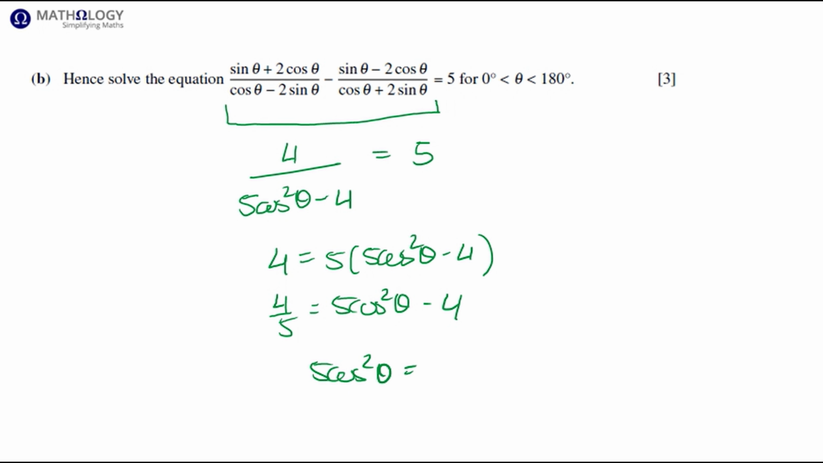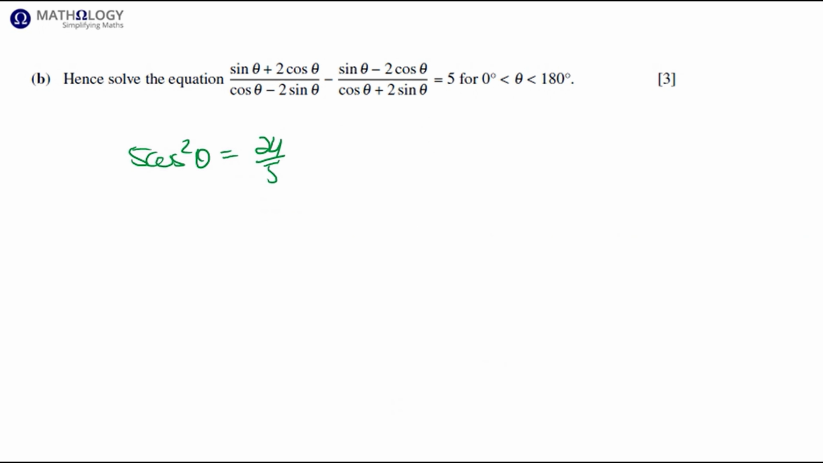5 cos squared theta equals 4/5 plus 4, which equals 24 over 5. Cos squared theta equals 24 over 25. And to get cos theta, we're going to square root both sides. So we'll get plus minus the square root of 24 over 25. And then the plus minus here means that our solution